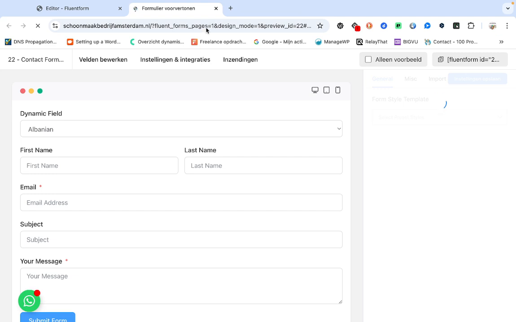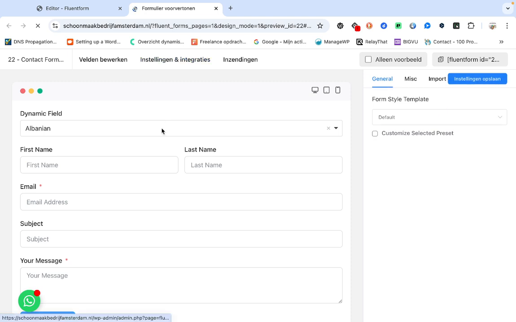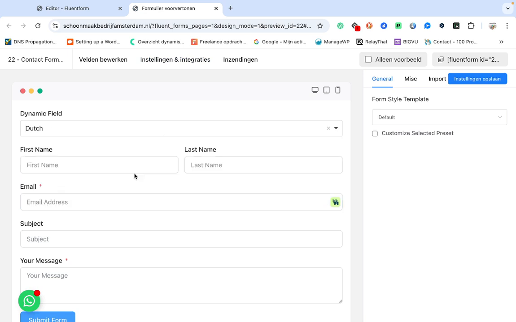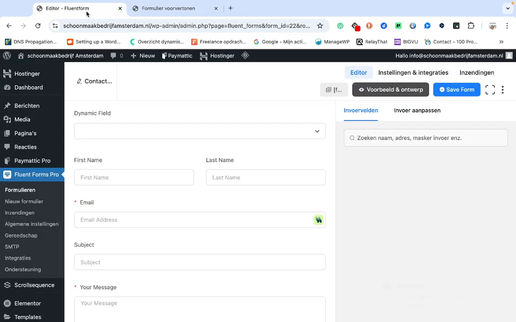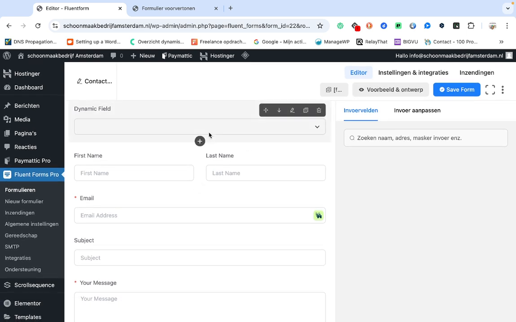So let's see. We want to search Dutch. As you can see here, and it says Dutch. So very handy, very good. And there is also another thing that I want to show you from Fluent Form, and that is